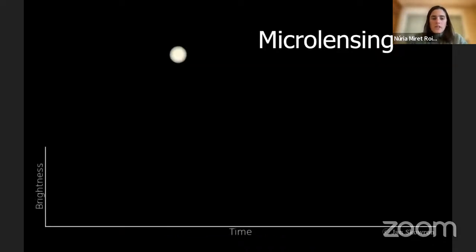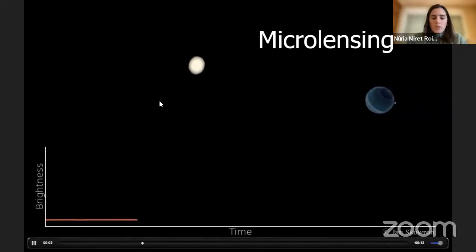Also for completeness, direct imaging is not the only way of detecting free-floating planets. Many of them have also been detected through microlensing. This is really not my specialty. I know that you have many experts here in Warsaw, but just for completeness, these free-floating planets can also be detected by microlensing, which essentially means that when we observe a background star,